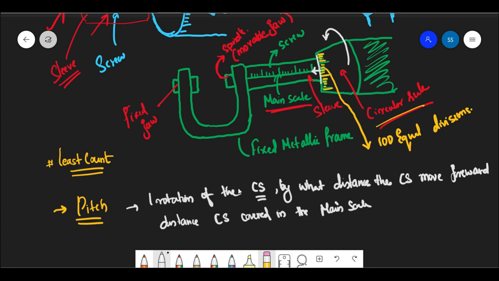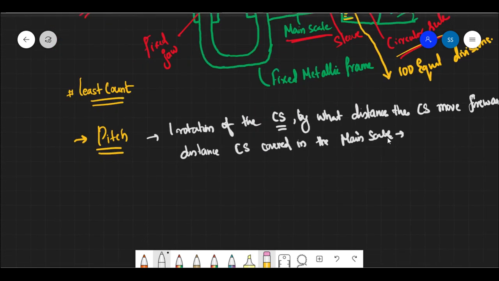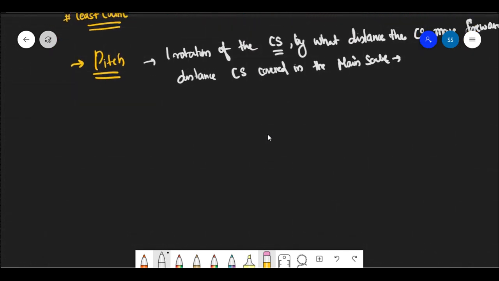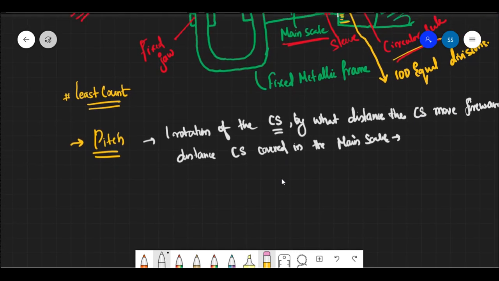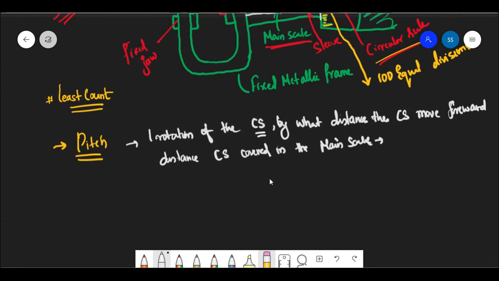That is what we actually call the pitch. When we analyze the situation, rather than just merely thinking about the theory part,